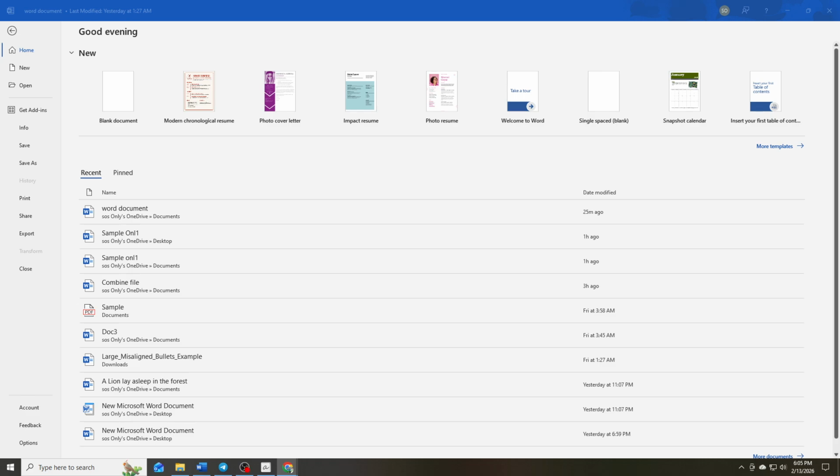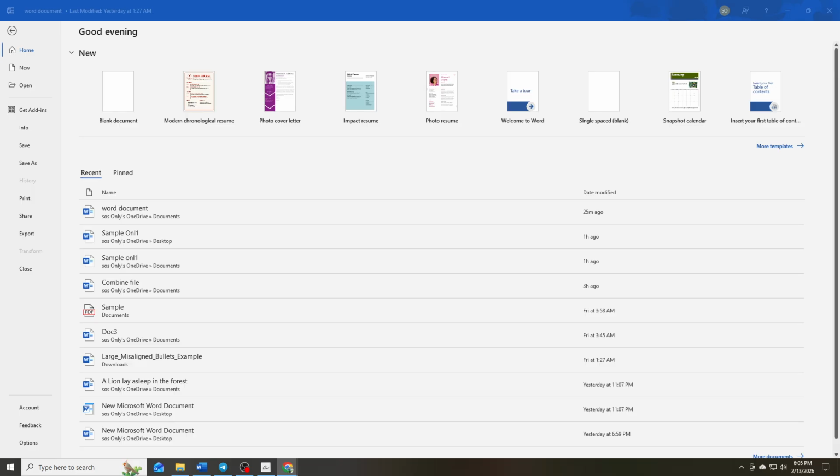In today's video, I'm going to teach you how to put Strikethrough in Microsoft Word using a shortcut key. Strikethrough is a useful formatting tool that allows you to draw a horizontal line through your text. It can be helpful for editing, marking completed tasks and lists, or simply emphasizing changes in your documents. The best part is that you can apply it quickly using a keyboard shortcut, making your workflow faster and more